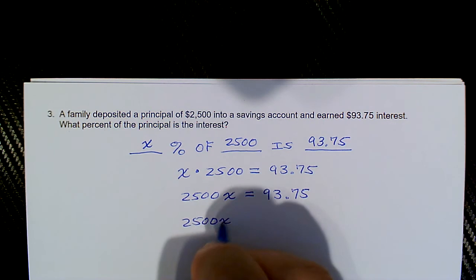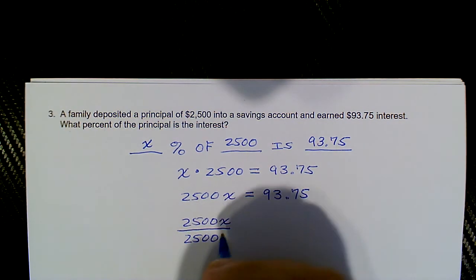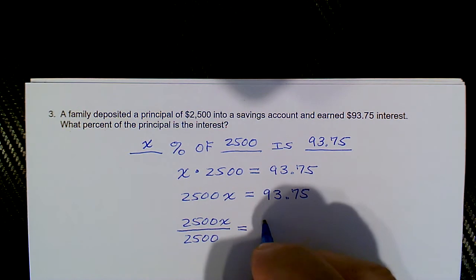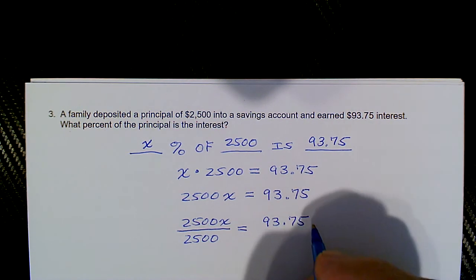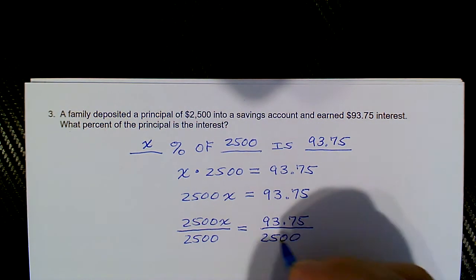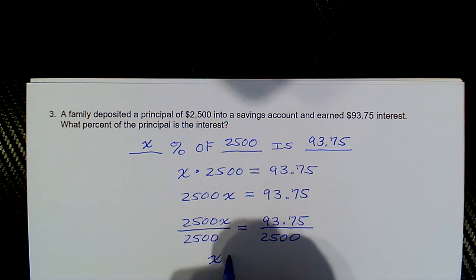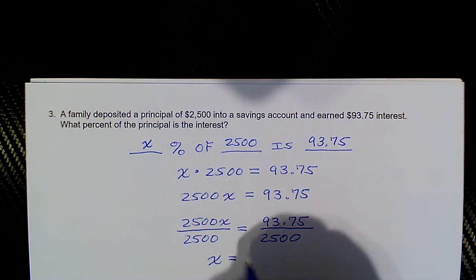So we're dividing both sides by the 2500. So the 93.75 gets divided by the 2500 as well. And we get x. And so on the calculator, 93.75 divided by 2500 is